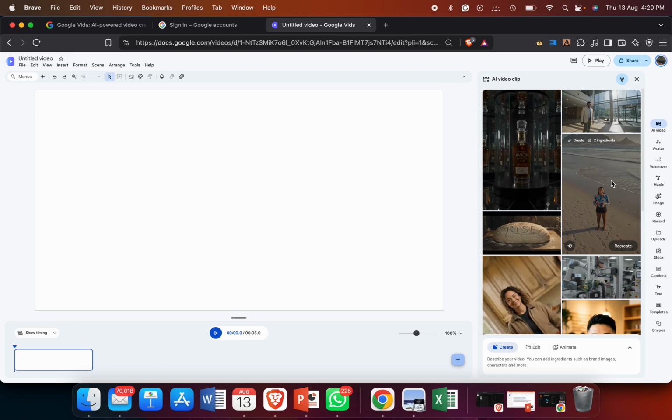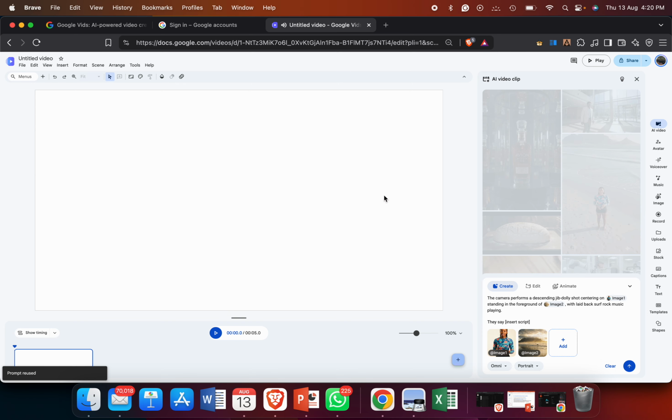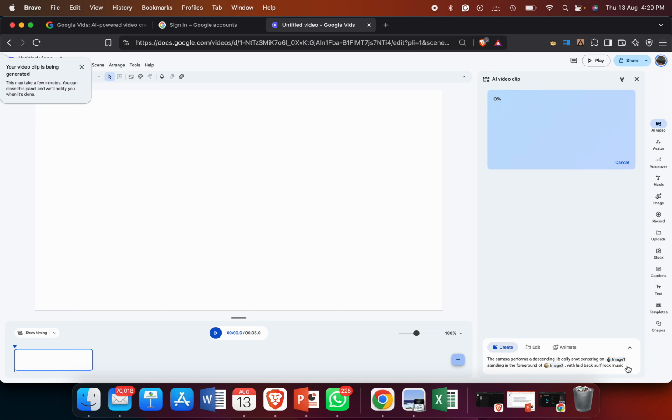Now I'm going to show you how to go from nose diving. So you click the option of recreate. Now it is in your project and the prompt is saved. And guys, here if you want to change the image, you change it, otherwise you click the option of go. It will take a few seconds according to your internet speed. And one more thing, guys, which is more important: this is only available in the premium version. Okay, free version